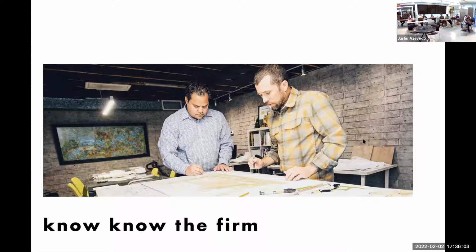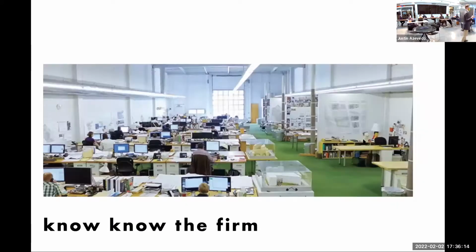You want to be that person that they feel like they can talk to, right? And you want to do the same thing in your portfolios and your resumes. It can be a little bit more conversational, a little bit more fun. You might include a little bit more of those extracurricular activities you do versus,